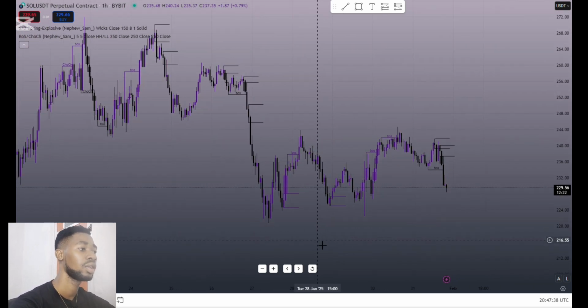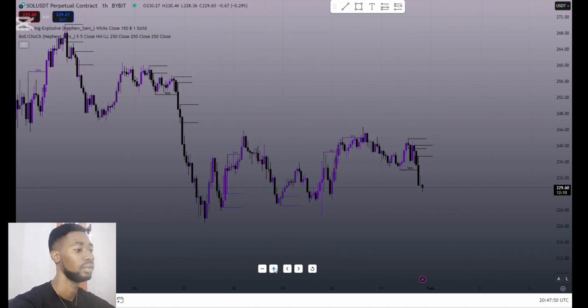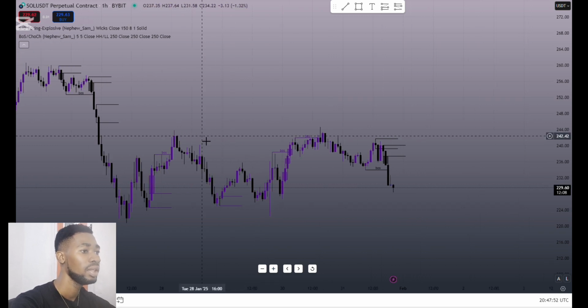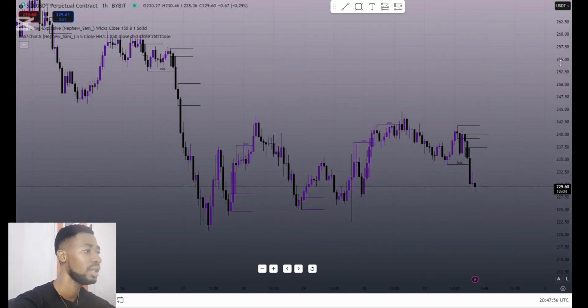So now imagine you are coming on a Monday, and today is Monday the 27th of January, and you see that on the 26th there was a strong fall. Okay, so now you've seen the bigger picture. Let's narrow it down. Narrowing it down like this, what can you see? You can literally see here that